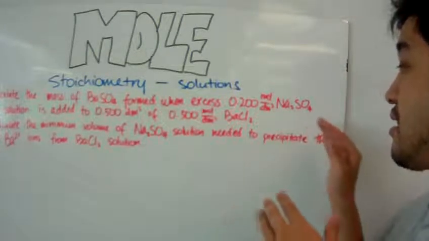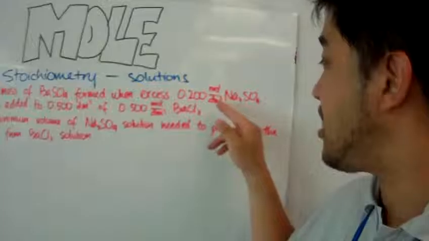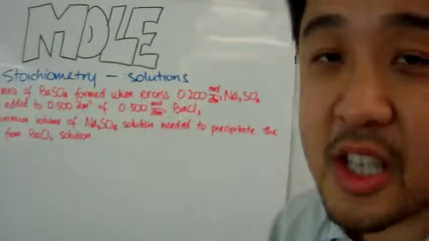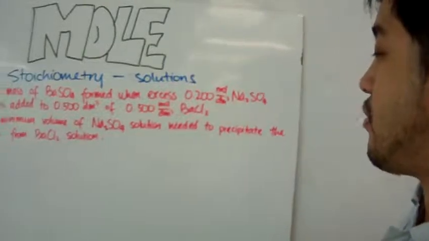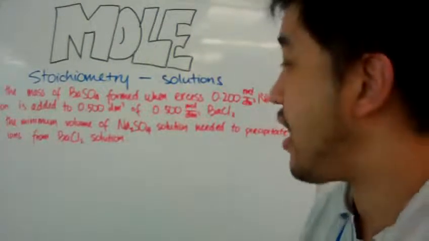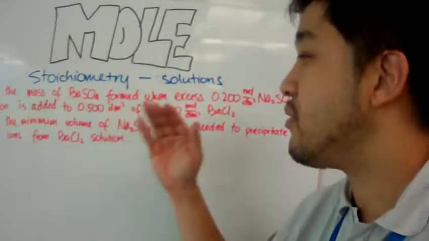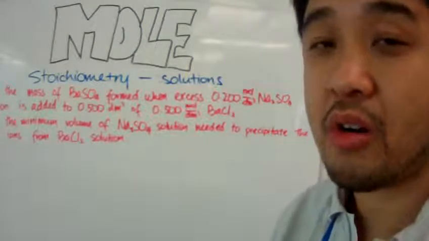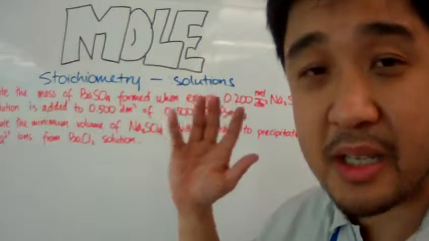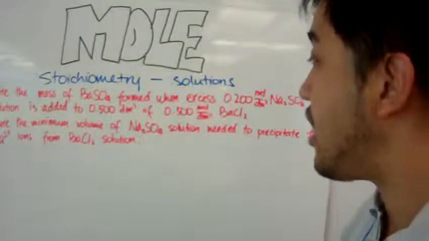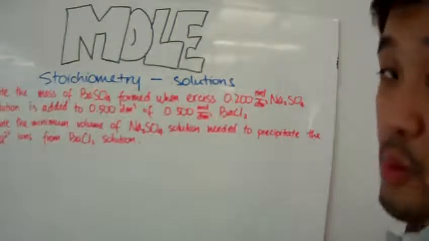And the molarity of sodium sulfate is 0.2 moles per cubic decimeter. The molarity of barium chloride is 0.5 moles per cubic decimeter, and the volume of barium chloride is 0.5 cubic decimeters. Now, we want to find out the mass of barium sulfate. And before we do anything,